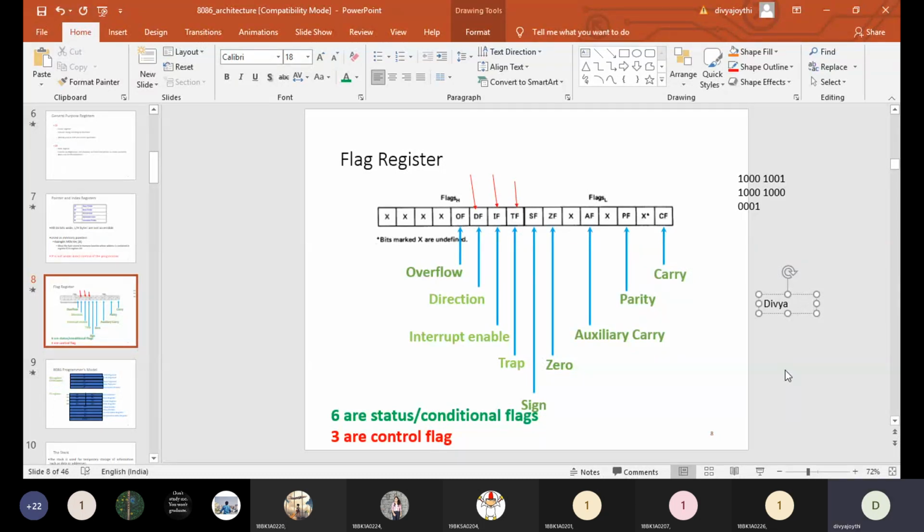Left to right. As you are a human being, you know that you need to read it from left to right, as you are habituated from childhood. Then how does the processor know whether it has to read from left to right or right to left? Based on the value of this DF, that is nothing but the direction flag. If the DF value is equal to 1, then the processor will read your instruction from left to right. If the DF value is equal to 0, then it will read the instruction from right to left. Did you understand that?